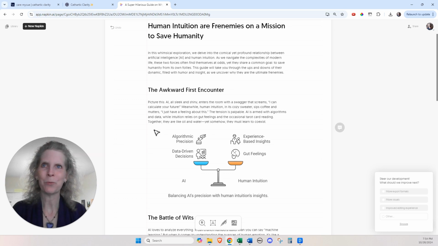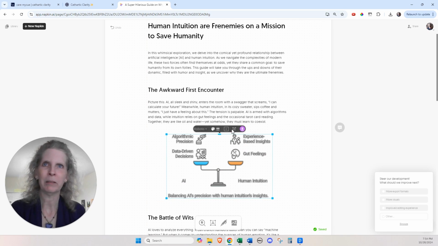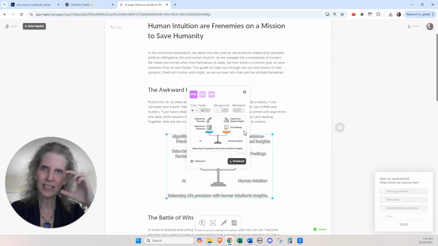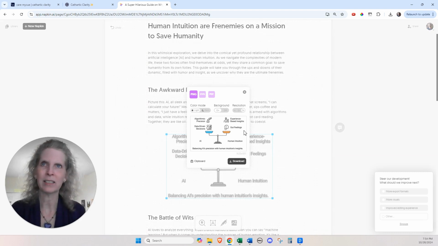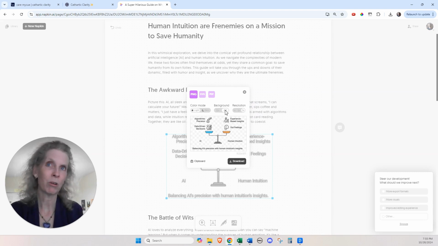Once you have it where you want it, you can go ahead and just sort of grab the whole thing, and it gives you another little menu here where you can download just that image if you want. So you can do it in light mode, dark mode, you can do it with the background on or off. You can increase or decrease the resolution on it. You can copy it to a clipboard, you can download it, you can save it in these 3 different file